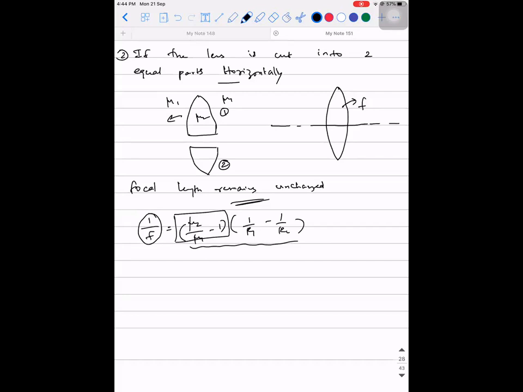Are you changing the radius of curvature? Yes or no? My answer is no, because the radius of this portion is still the same and the radius of the right side portion is still the same, because they have the same amount of curvature. Their shape is not changed. They're still concave parts, they're still convex parts. I hope it is clear.